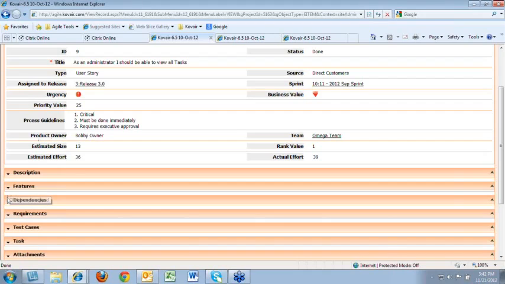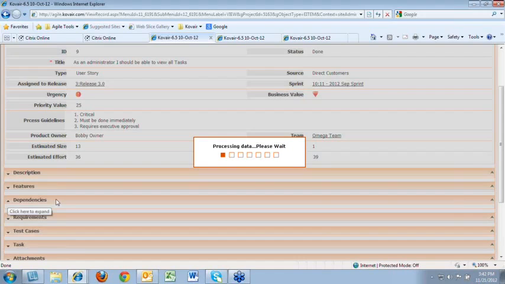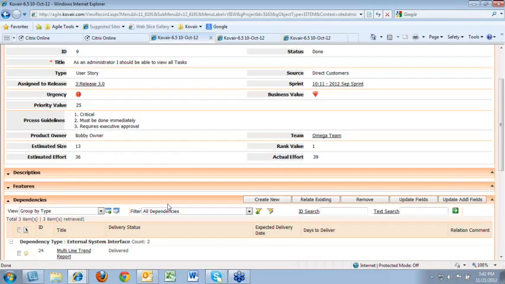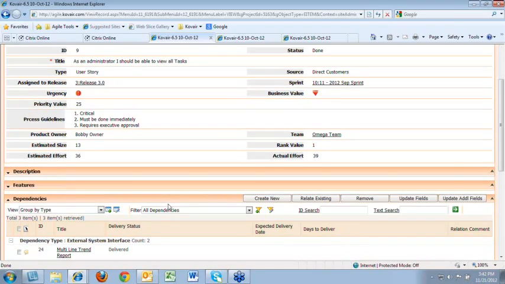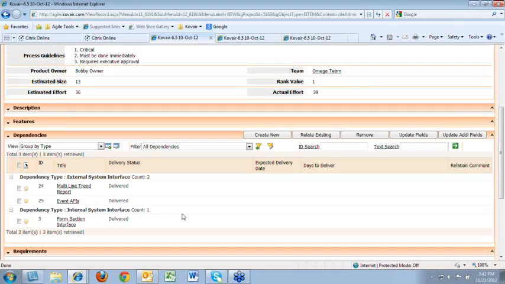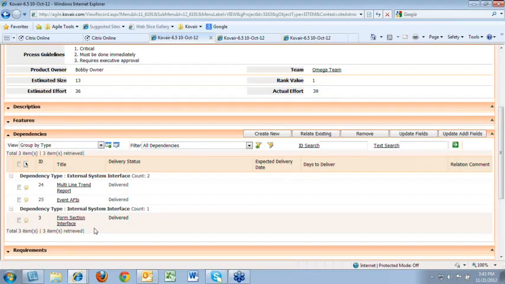On the other hand, the user story is linked to some dependencies, and this is the relation section which shows what dependencies it's linked to. You can see that these are the dependency factors, like the event APIs and the trend reports, two of the dependency factors, the components that we are expecting from some external source that have been delivered. And also there is an internal system interface, maybe being developed by some other groups, and that's denoted as the internal system interface. Apart from that, it's also linked to some requirements,